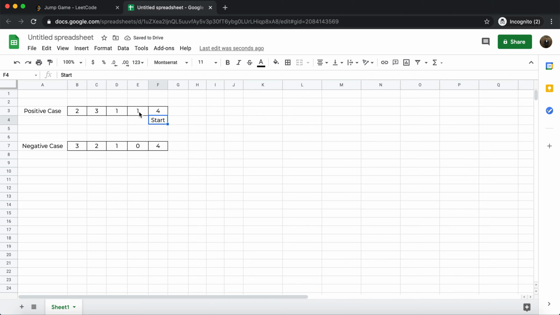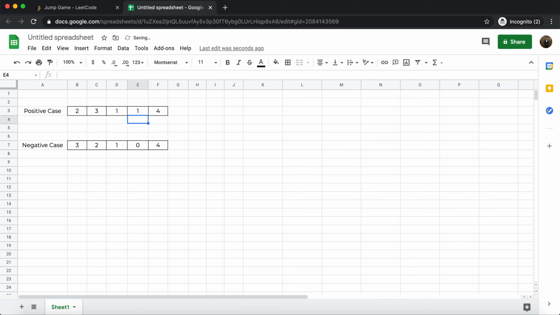Now what we're going to do is traverse through the array backwards from this location, and then we'll try and see if we can reach this point from where. I mean, can we reach this from the start? So let's see how the solution goes. Let's start iterating from this location. My start is here. From here the maximum jump I can take is 1. So actually I can reach start. So I'll move start to this location.